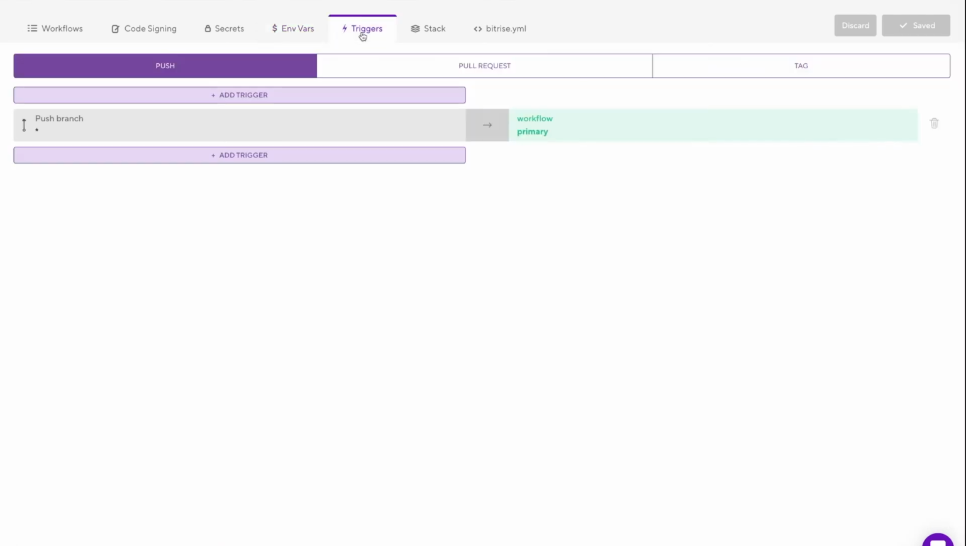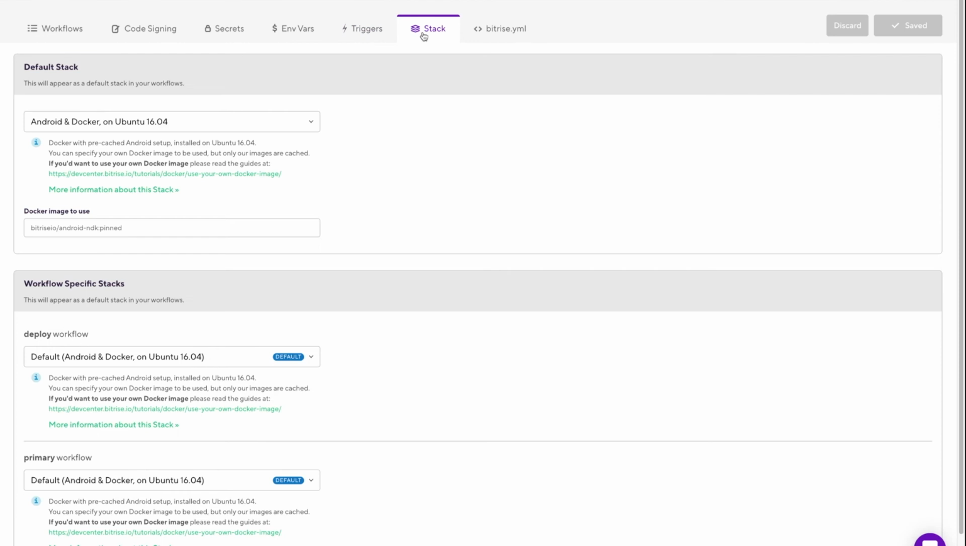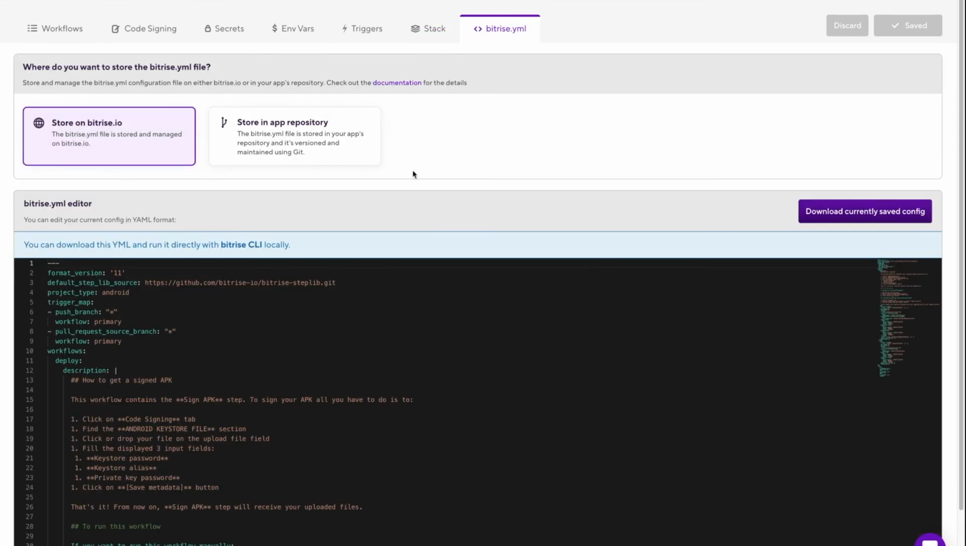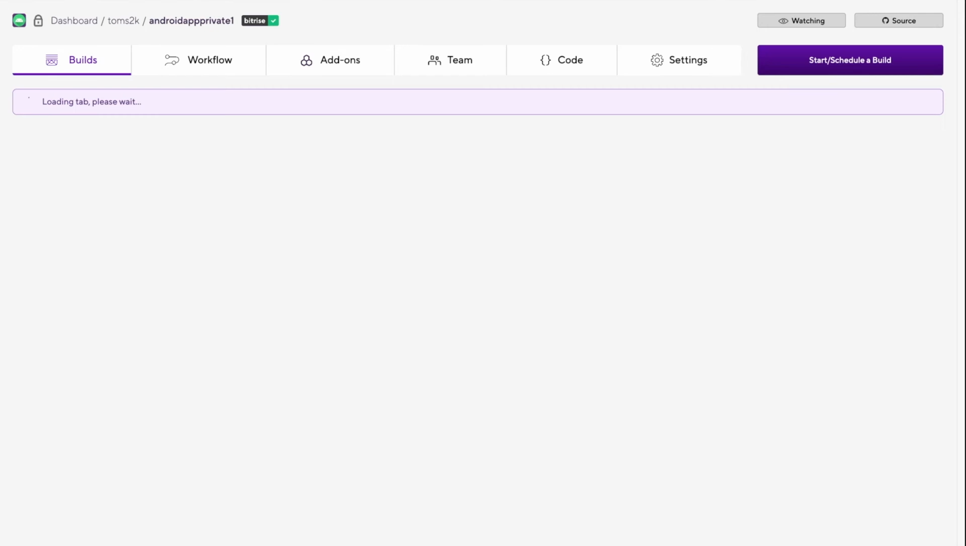Triggers, as I said, there's a range of triggers. You can trigger on a push, a pull request, or even a tag. The stack is just what it's running on, in this case, Android Docker on Ubuntu 16.04 in the cloud. And the Bitrise steps are all provided also as YAML. So we saw the UI visual version, but YAML is also created, which you can download and examine and keep as well. So if we go back to the app at this point,